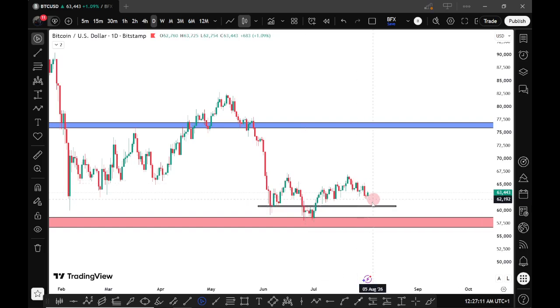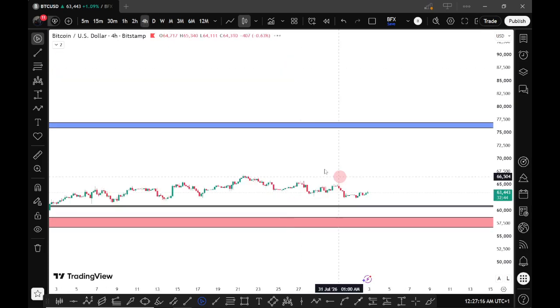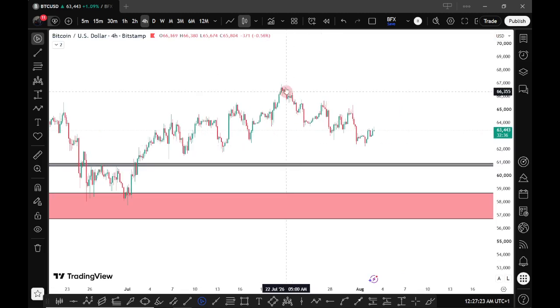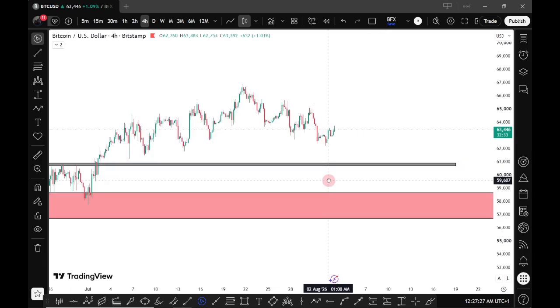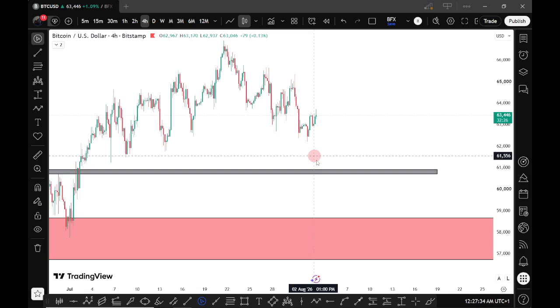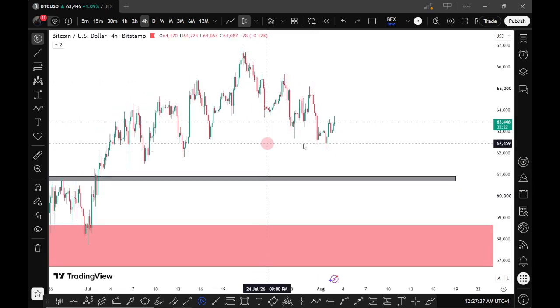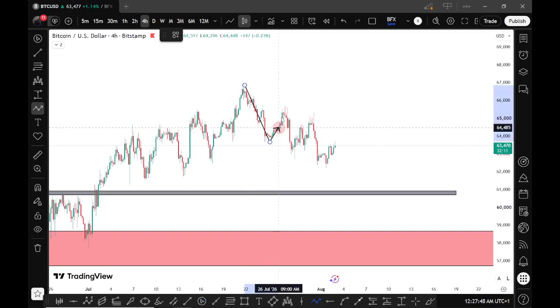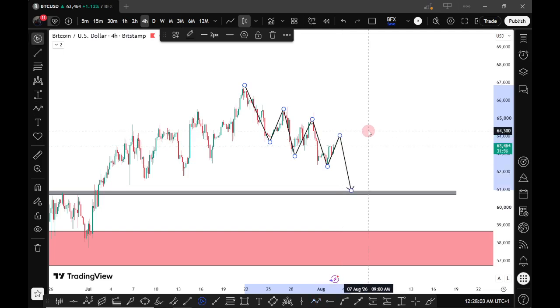So let's go to 4 hour. On 4 hour, you can see the swings that price is making: lower highs and lower lows. Price is trying to come to this area to give us a second shoulder, a right shoulder of that chart pattern on the daily time frame that I was showing you. You can see price breaking lows, lower low, another low, lower high, lower low again, another low. So price is retracing back to the upside before we see more downside for